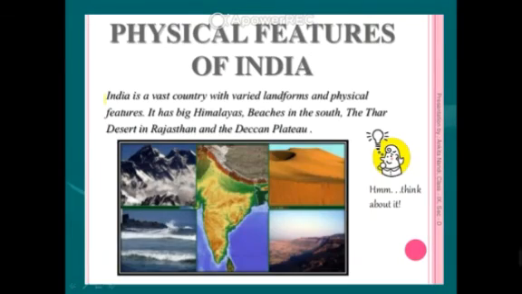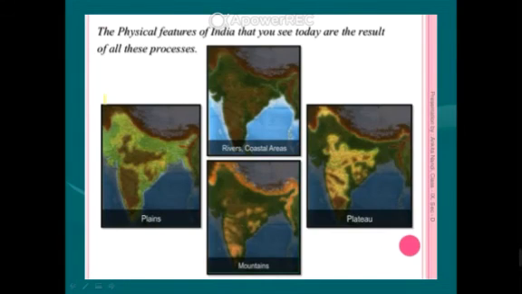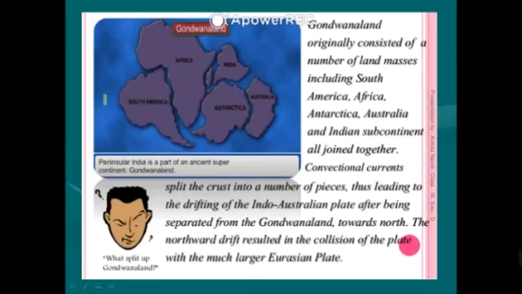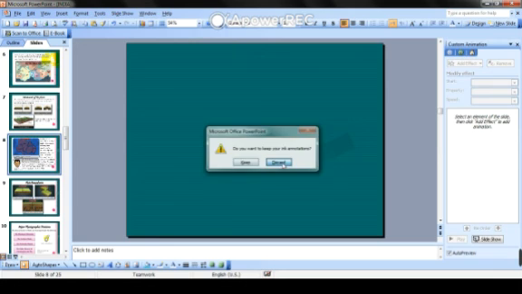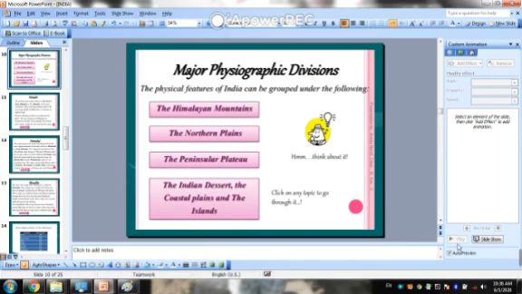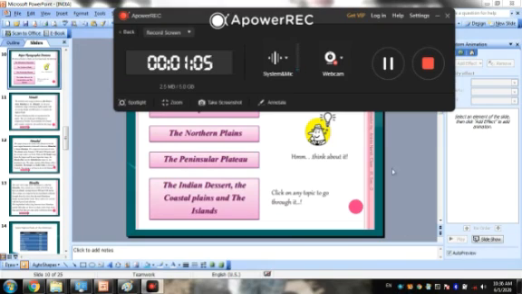So this is our plate tectonics part. First we discussed the physical features of India, then plates and how plates move, Gondwana land, and plate boundaries. Then our next portion is the major physiographic divisions. Basically, India divides into five physical divisions. The first one is the northern mountains, the second is the peninsular plateau, the third is the northern plain, the fourth is the islands, and the last one is the coastal regions. All the physical divisions are important for India, so we will discuss them one by one.